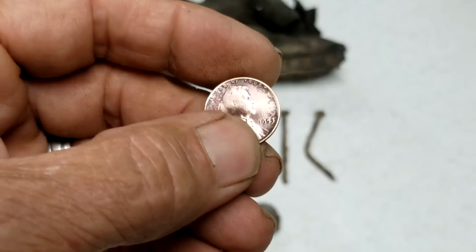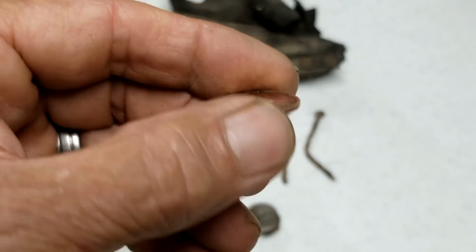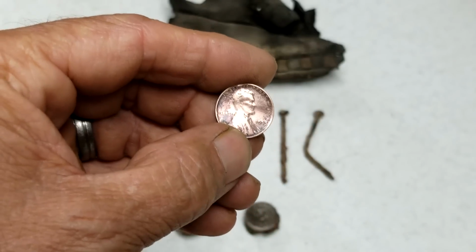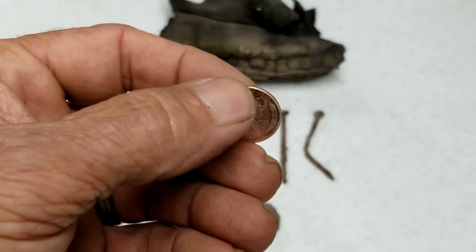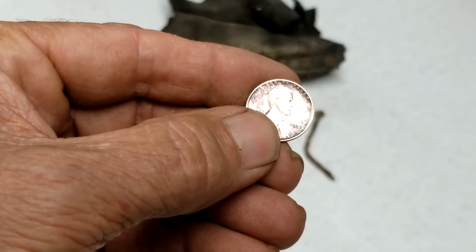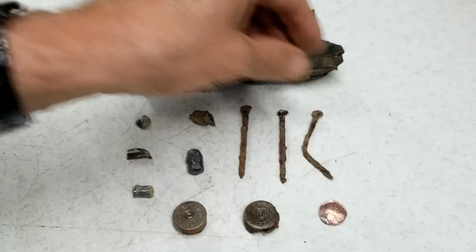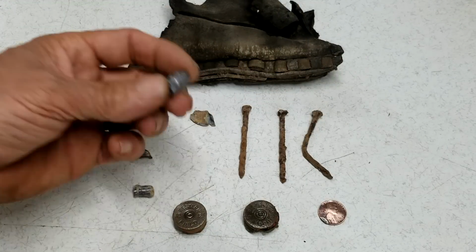I don't know. Could be a dozen or so years ago somebody dropped it, or 20 years ago. It could be older. But it's a 53. And that's a good find. I don't find many of these. I just got started. That wasn't 100 yards from the road where I parked to go in, and I've walked by that dozens of times. What about that? Anyway, I got up in that old ridge, found a lot of old bullets,